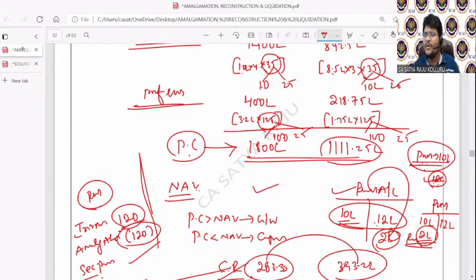Three situations I told. After calculating the number of shares issued as PC, if in the problem it is given that the purchasing company issued such shares at issue price, then you can multiply with issue price. In the problem, if it is clearly given that the purchasing company issued such shares at face value, then you can multiply with face value. And the third case is, in the problem it is given that PC is recorded at par value, but the purchasing company issued shares at issue price, but still you need to multiply with face value. Very good. All clear, sir. Thank you for your efforts. Okay, fine. Thank you.